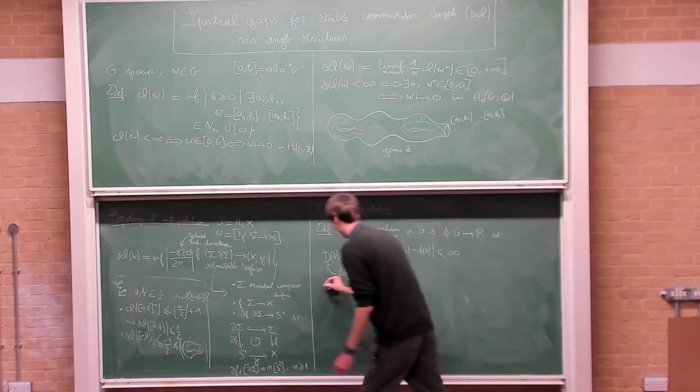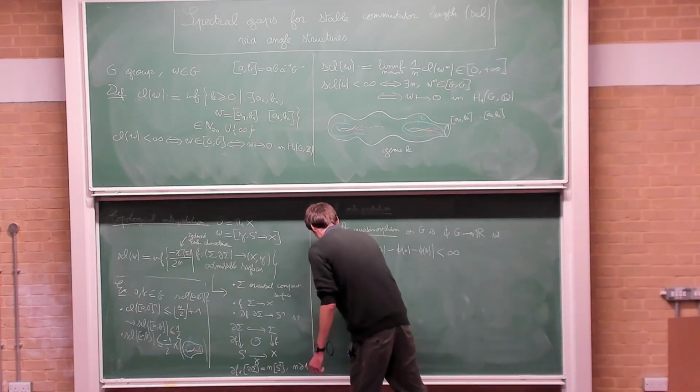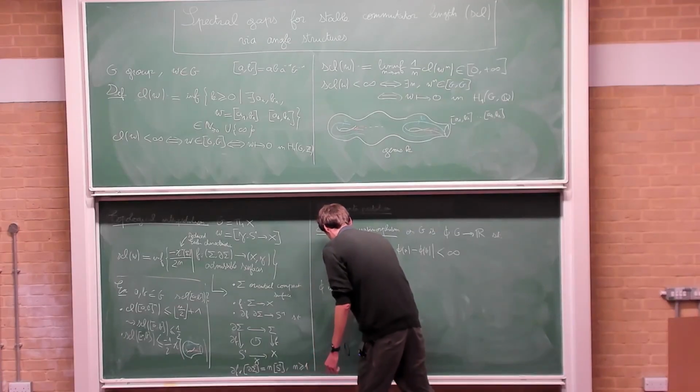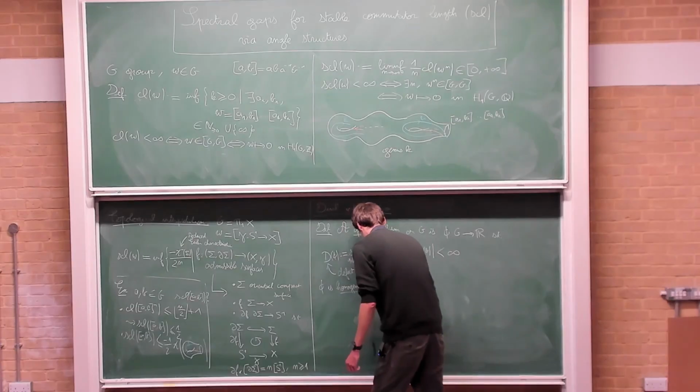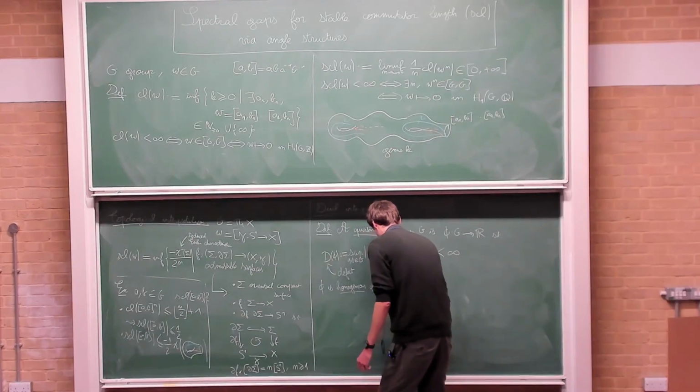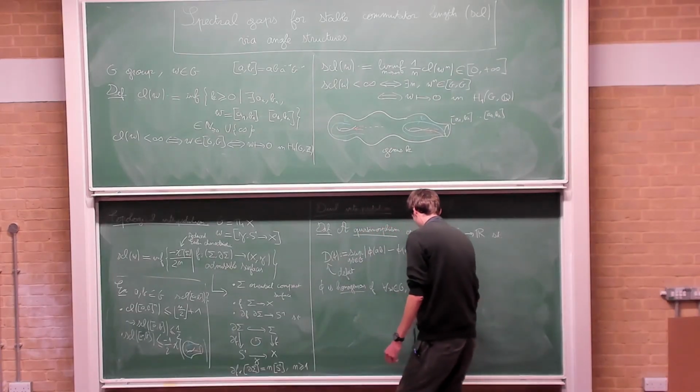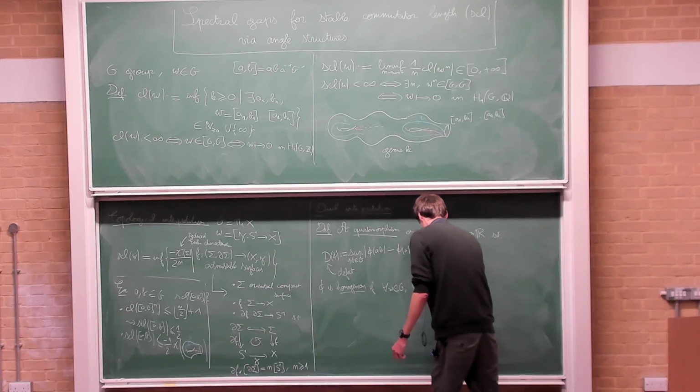And we say also that phi is homogeneous if for all W in G and for all n in Z, phi of